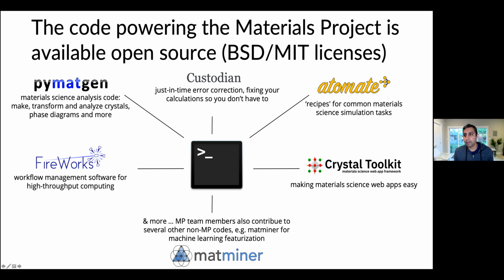One comment that I'll make about this is that Materials Project takes more of a philosophy of having many separate packages versus one overall Materials Project package. And in some ways, this makes it so that you have to install lots of codes and not just one code. But the advantage to this is that there are people that like to use some of these packages, but not others. So to take one example, PyMatGen is the code that, given a crystal structure, will generate input and output files and parse the output files, et cetera. And Fireworks is the code that will actually run calculations on supercomputing centers, regardless of what type of calculation it is. And we haven't merged these two into one package.